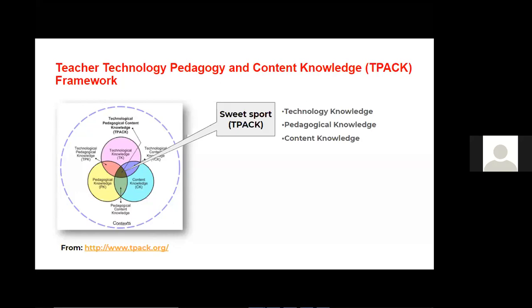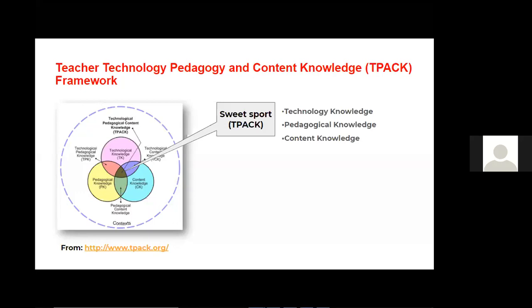A Venn diagram is just a diagram represented by circles, such that each circle represents an element or a subject and how it is related to the others. So we have interrelated types of knowledge here, and in the middle point of interrelation we have the sweet spot, that brings out how the three elements are interdependent.